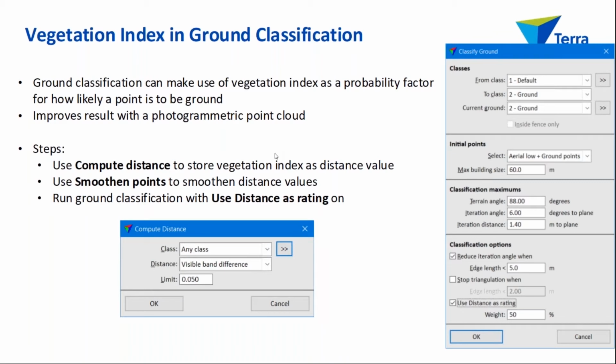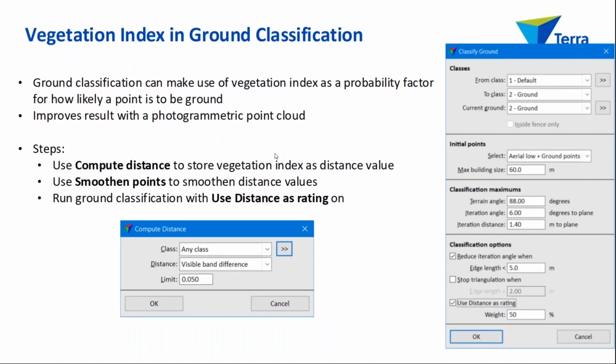That would mess up what is more of a derived or measured value. So by translating the vegetation index into distance values, I can modify the distance values with smoothing, and not change the source information. So the source information stays intact, not modified, and we modify the distance value and will then use distance in